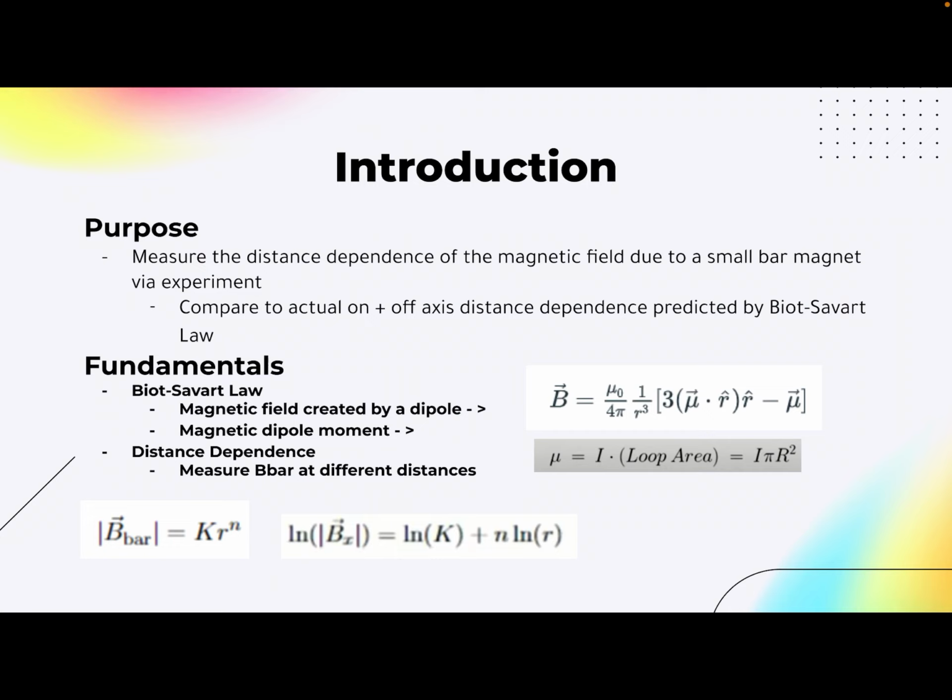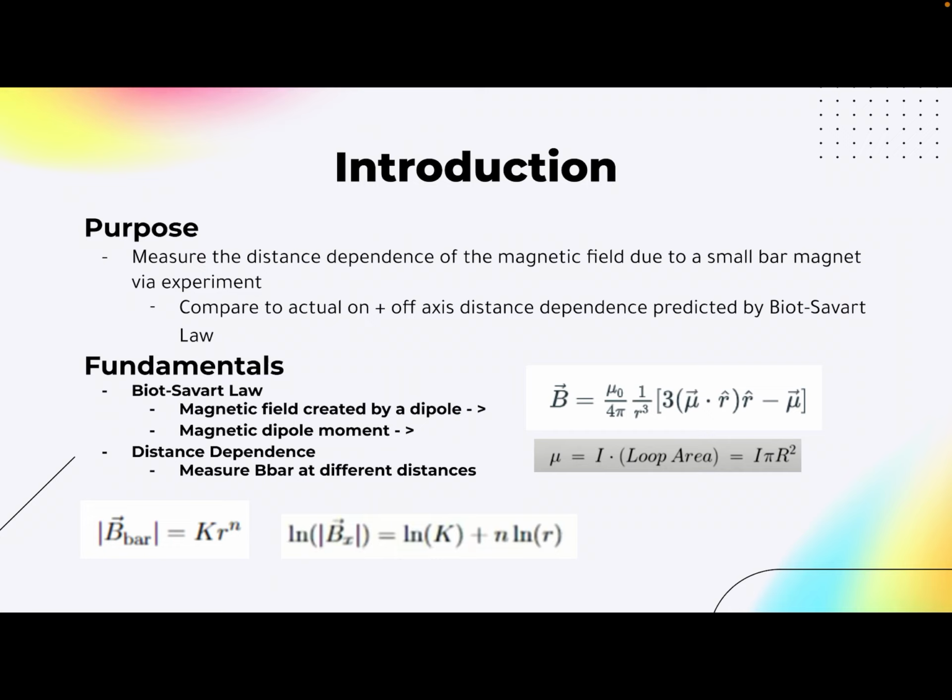Fundamental concepts covered include using the Biot-Savart law. For this experiment, we will treat the bar magnet as a dipole and use the following equation, which calculates the magnetic field for a magnetic dipole. We will also use the following distance dependence relationship and measure our magnetic field B bar at different distances. We can plot this in the form of a natural log relationship to find n and then solve for our